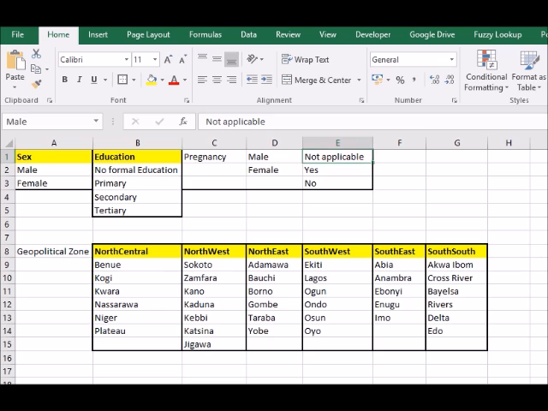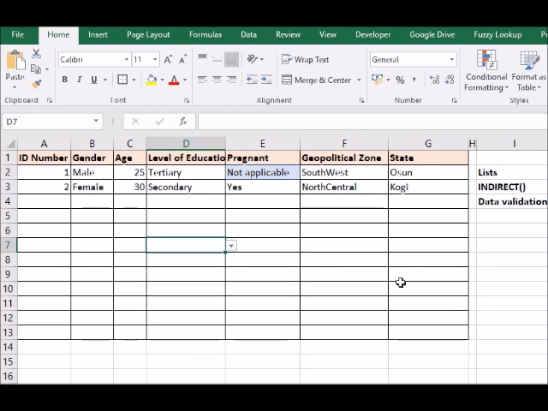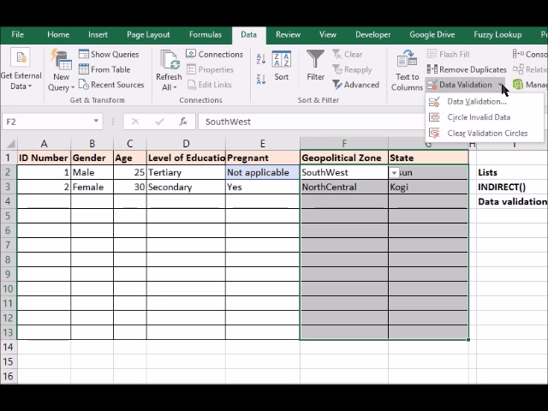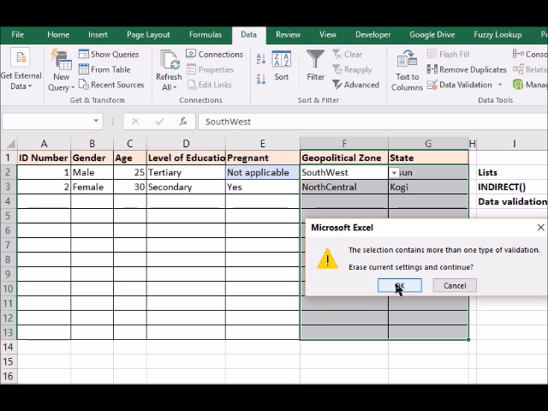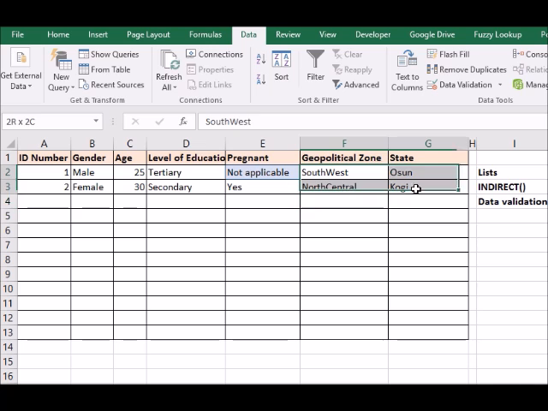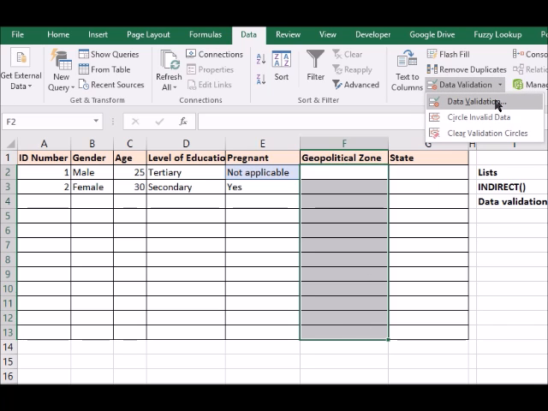I'm going to show you how I did that for the geopolitical zone. So first of all, let me remove that. Come here. I'll say data validation. Okay, it's actually going to cancel that because I have data in several places that are not validated. So I'm going to delete all of that. Okay, first of all, I need for this geopolitical zone, I say data validation. I've already created a list called